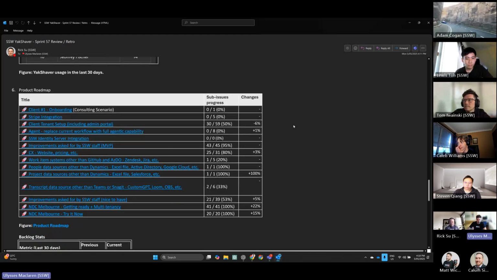The roadmap has changed. So this is interesting. We are at 100% for 3 or 4 different epics now. The ones that we have just finished are these 2, so we've marked them as done and moved them down the bottom. The next main thrust of the project is going to be to allow, in our case, SSW people to use it with their clients. If we've got a client and we want to be able to shave to their backlog and have that video saved in their SharePoint, we need to be able to do that. So that's the next thing.